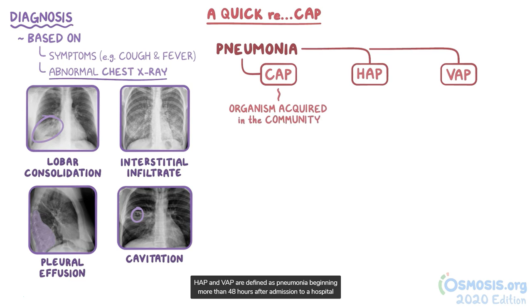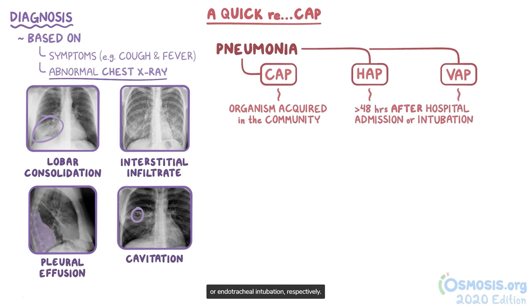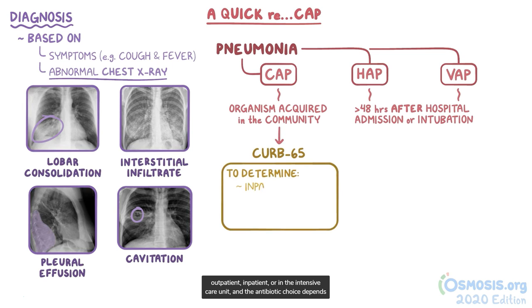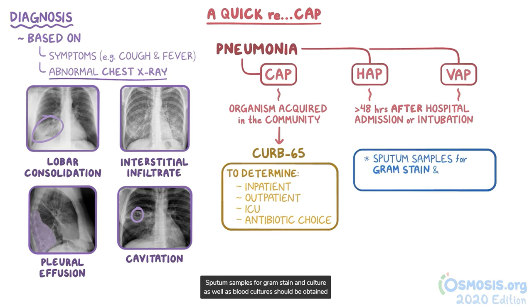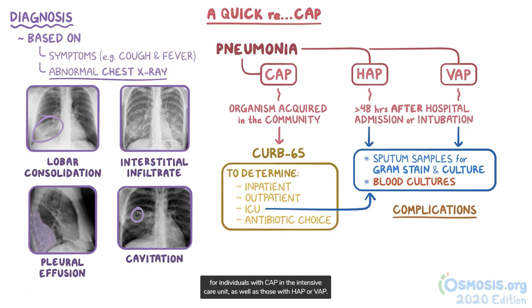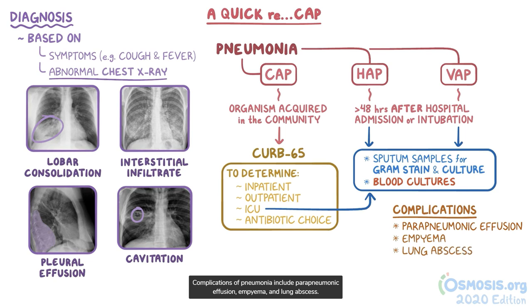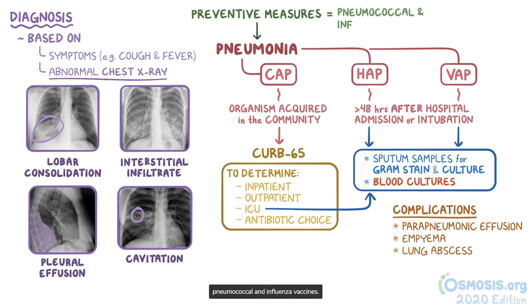HAP and VAP are defined as pneumonia starting more than 48 hours after admission to a hospital or endotracheal intubation, respectively. Decision-making tools like the CURB-65 are used to determine whether CAP should be treated inpatient, outpatient, or in the intensive care unit, and the antibiotic choice depends on the setting. Sputum samples for gram stain and culture, as well as blood cultures, should be obtained for individuals with CAP in the intensive care unit, as well as those with HAP or VAP. Complications of pneumonia include parapneumonic effusion, empyema, and lung abscess. Preventative measures to decrease the risk of acquiring pneumonia include providing the pneumococcal and influenza vaccines,